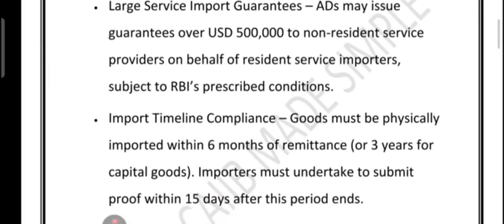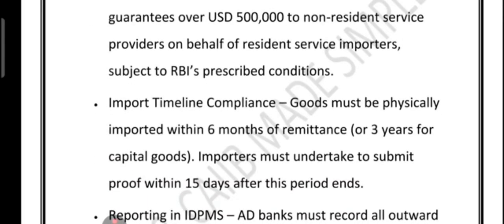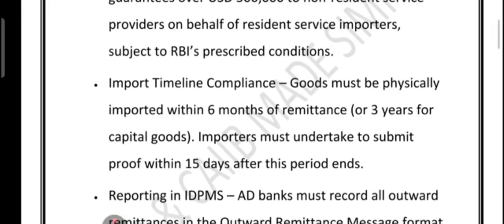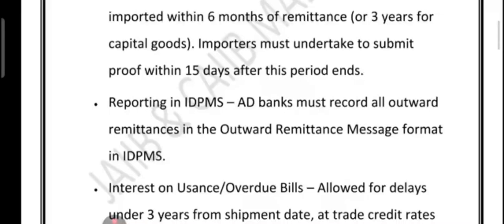Next point is import timelines. If you have sent money abroad for goods, those goods must arrive in India within 6 months. For capital goods, the time limit is longer, up to 3 years. And once this period ends, you have 15 days to submit proof that goods were actually imported. Right? Then we have, all the outward payment for import must be reported by the bank in RBI online system,